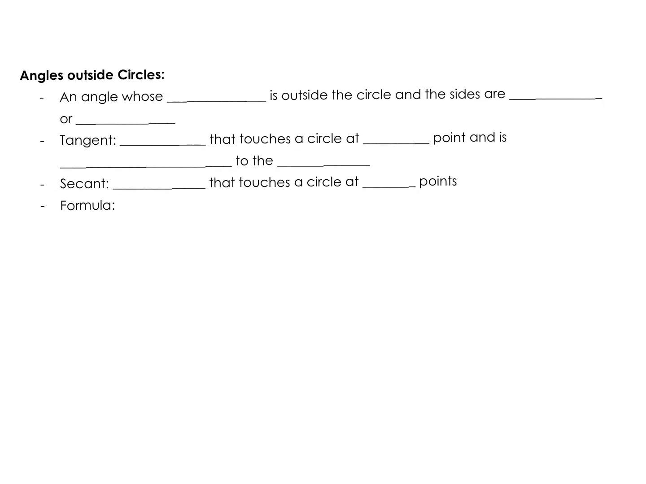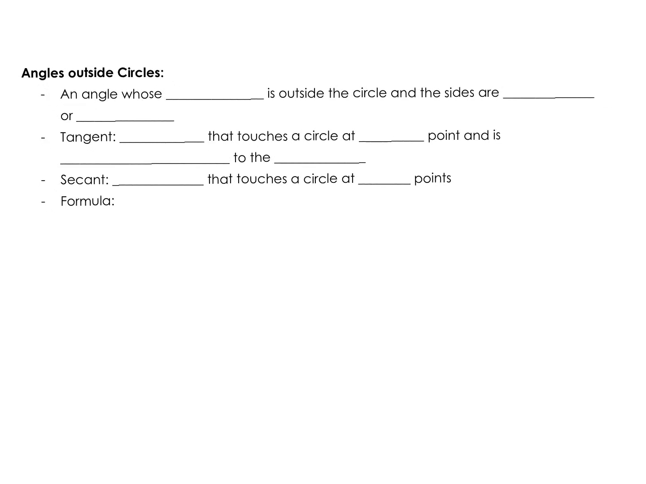The last thing we're going to talk about is when angles meet outside of a circle. So far, the only thing we've talked about is angles inside the circle, but there are angles formed outside the circle. So an angle whose vertex is outside the circle and the sides are tangent or secant. So those are 2 new terms here that we haven't discussed before,